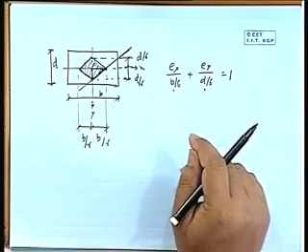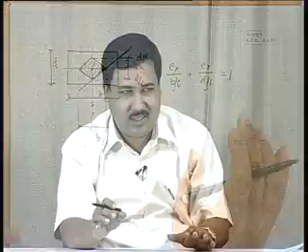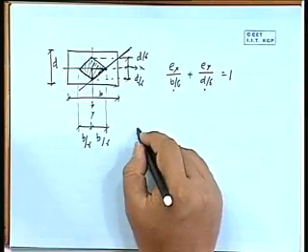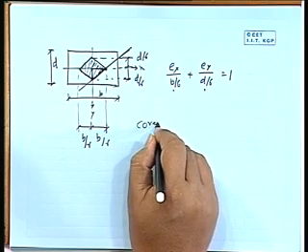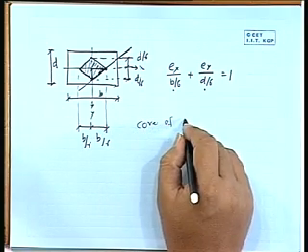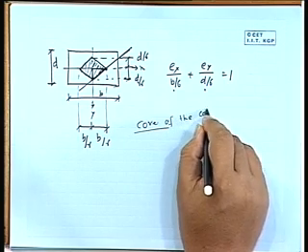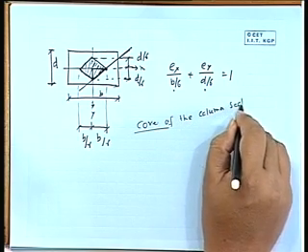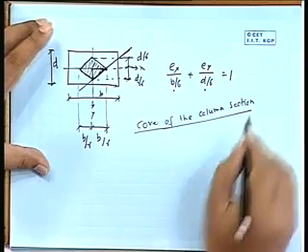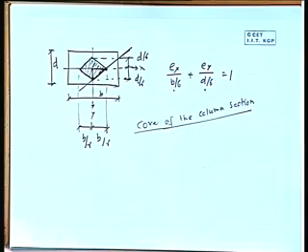on the entire cross section, we will not get tensile stress, it will be entirely a compressive stress, and that area is called the core of the column section, right. So what is core? Core is a region, if the load is acting on that, the column section will not be subjected to tensile stress,